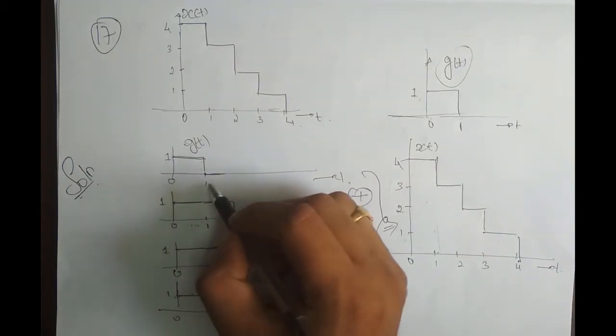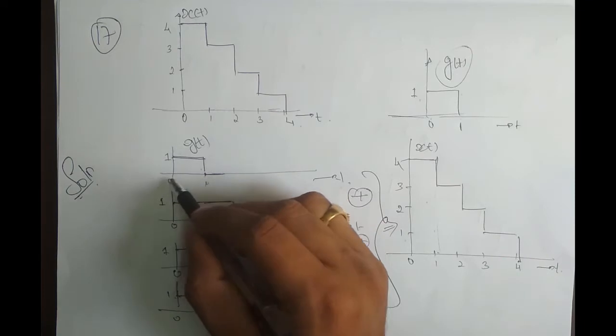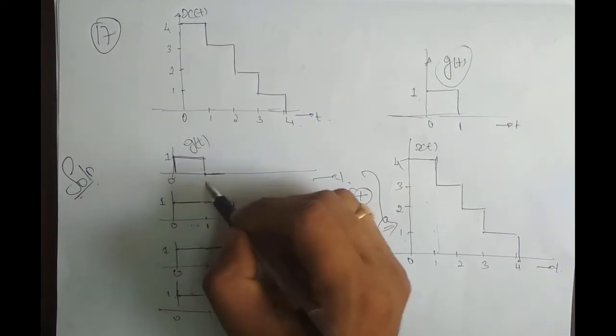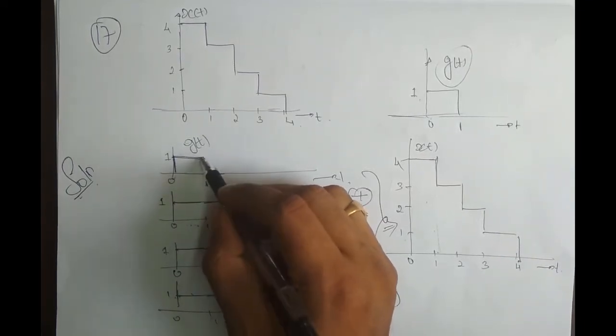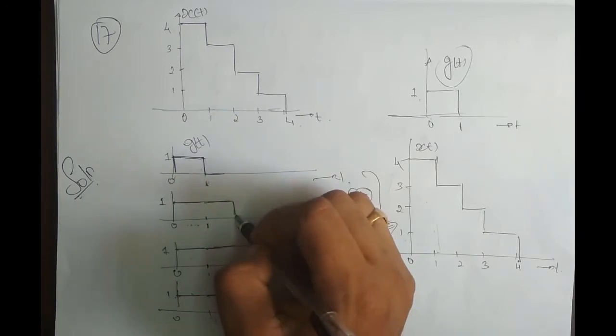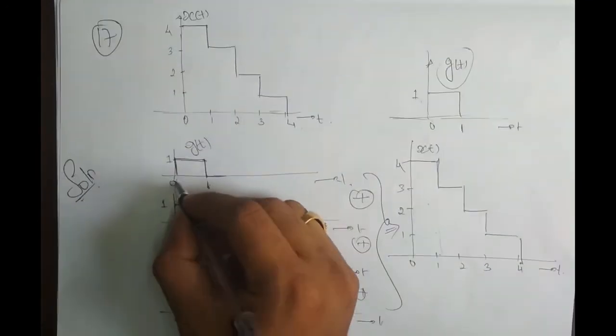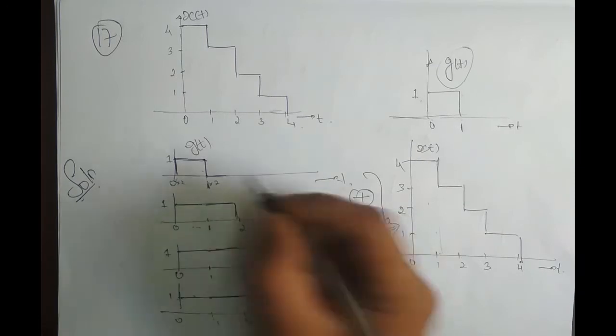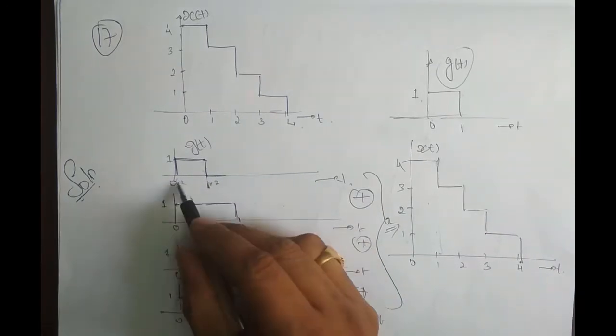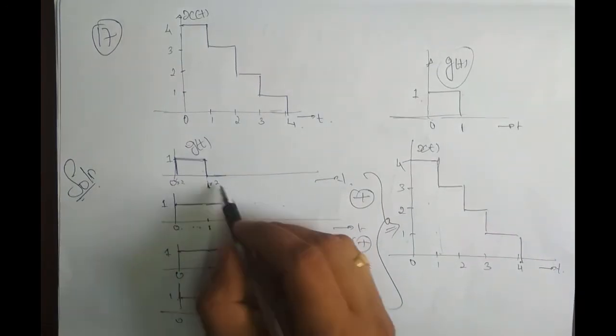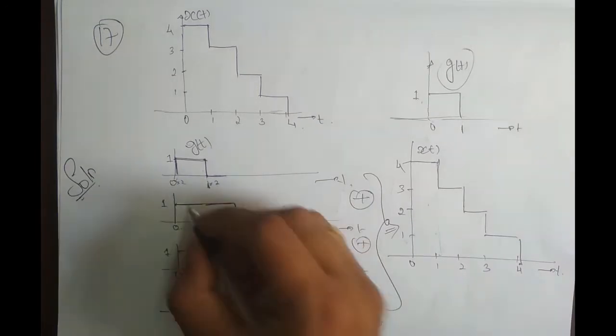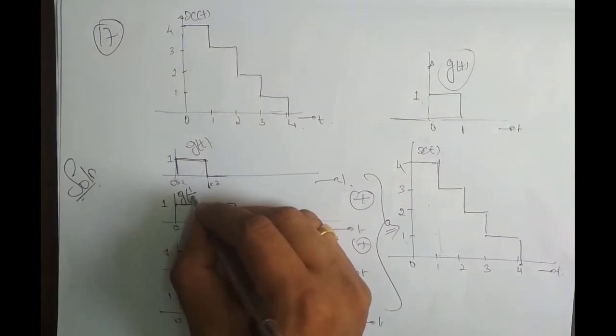So what is it that I need to put in these two so that this end remains there itself, whereas for this signal, the amplitude at t is equal to 1 should go to 2, right? If I multiply 2 here, 1 into 2 goes to 2, 0 into 2 remains 0 itself, right? Now since I multiplied 2 here, this has to be g of 1 by 2 into t.